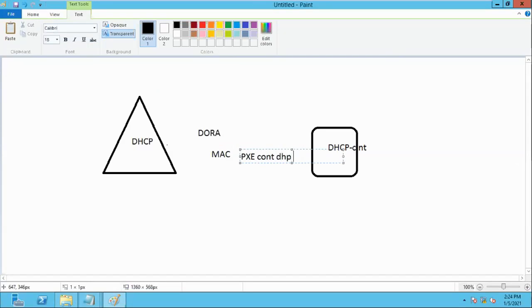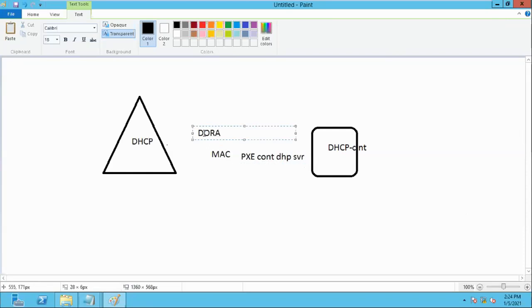It is like a discover: it is going to discover itself. Hello, is DHCP available here or not? With the help of the MAC address and this PXE chip, the client discovers DHCP. Clear? Already we discussed everything.